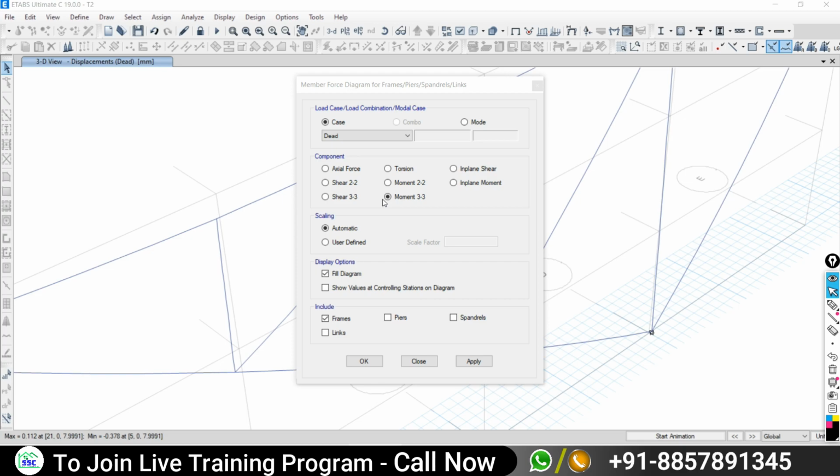Now it is clear. Okay, so it does not mean that there will be no shear along 3 if the major axis for shear is 2. It will be there, but it will be very minor. It is not going to create any effect in your design. That's why we majorly focus on shear 2 and moment along 3. No doubt moment will also be there along 2, but that is not going to be dominant in your design. Understood?